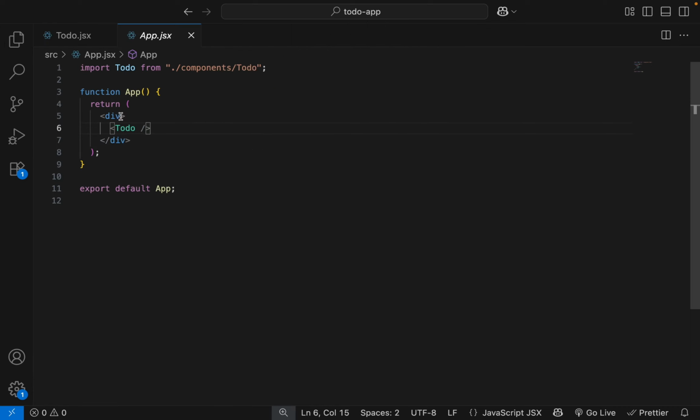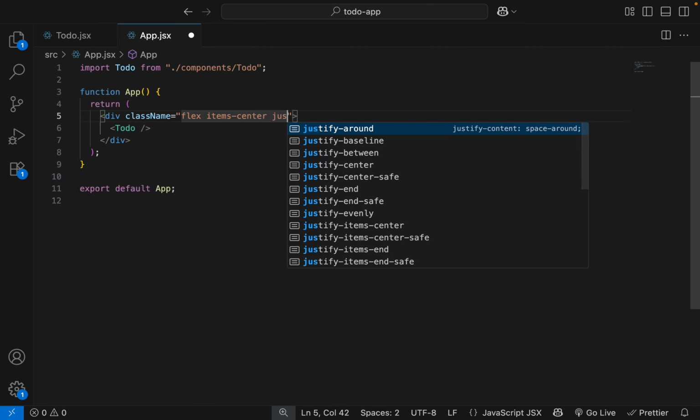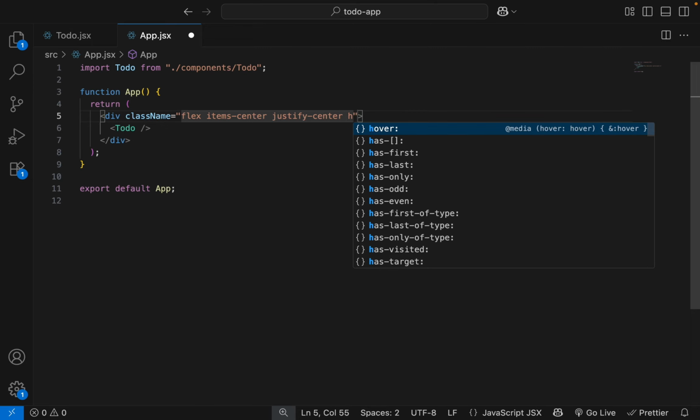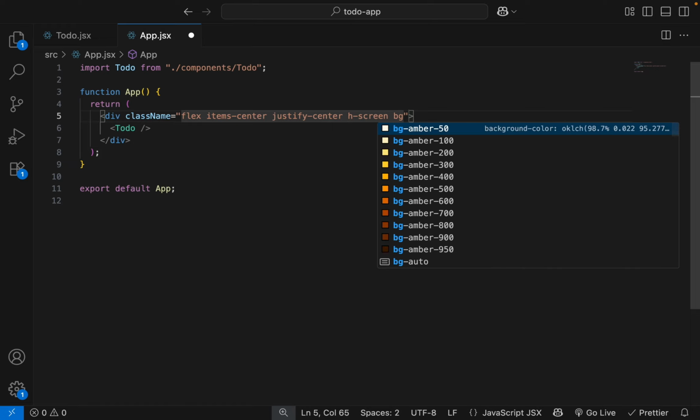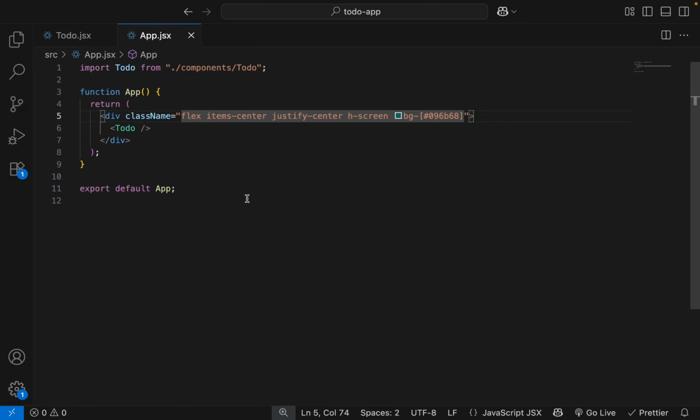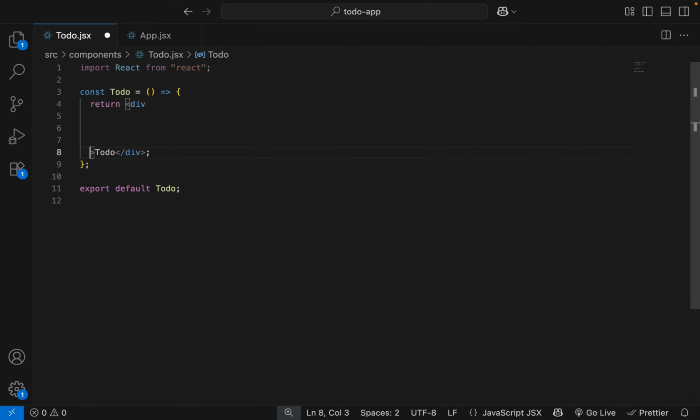Let's add some classes to the App component. Flex, items center, justify center, h-screen and background color. So our background color is added. Now come to the to-do component.